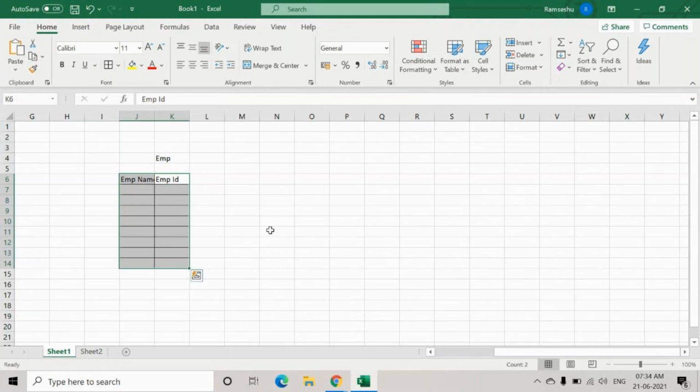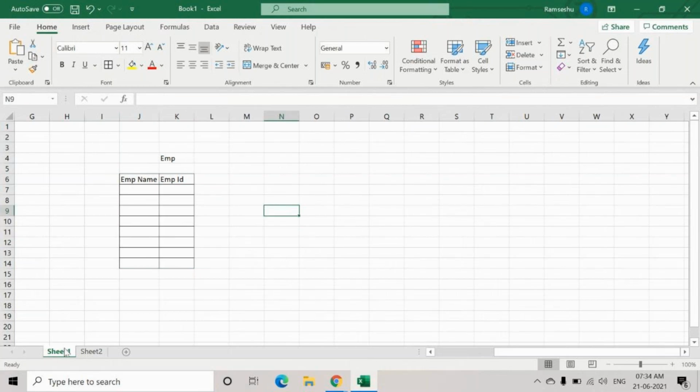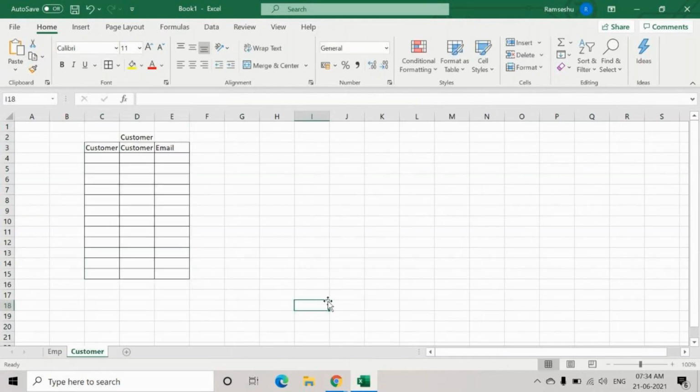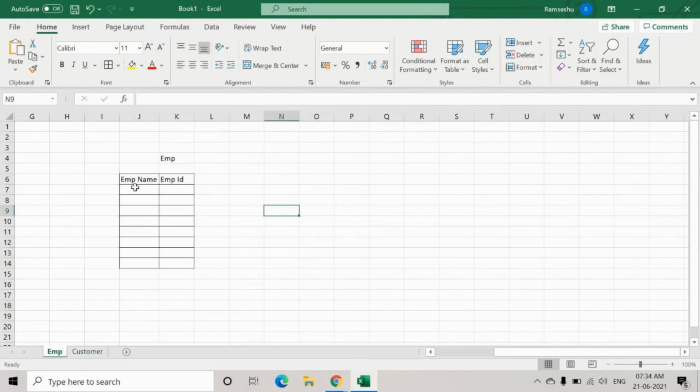I'm not much interested in giving the data inside the table, but here I'll say EMP, here I'll say customer. Let's say I have some records, A, B, C.